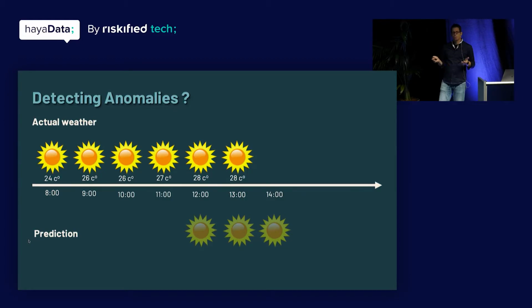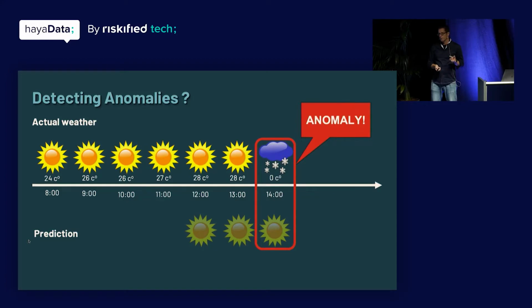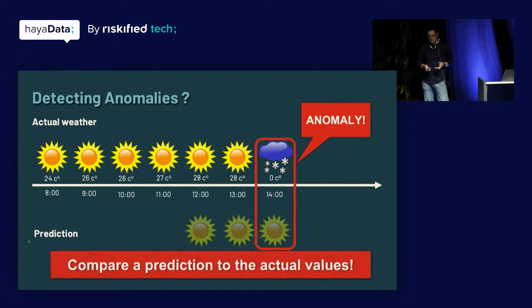But what happens if at one of the hours, 2 o'clock, for example, suddenly clouds come rolling in, the temperature drops significantly, and it starts to snow? Obviously, you would say, this is really weird, right? And you would declare this as an anomaly. Even more so, if I was registered to your alerting service, you would immediately send me an alert that something odd has happened with the weather. This is exactly what we do to detect anomalies, and I think some of the other talks talked about it as well.